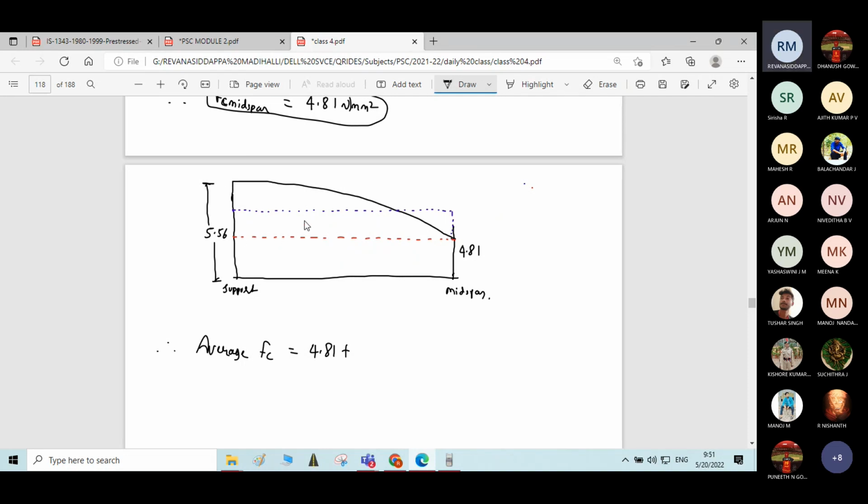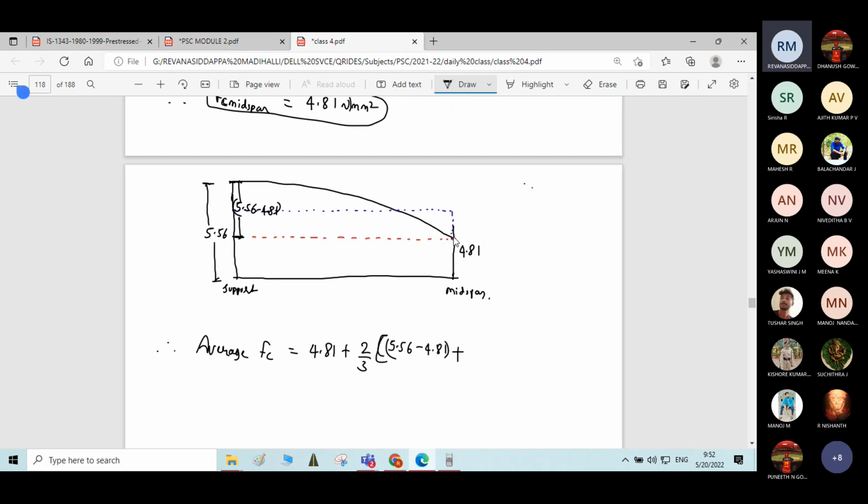5.56. Now we will convert the remaining parabola into a rectangle. How to convert? It is 2/3 of this height. Okay, this height is 5.56 minus 4.81. 2/3 of 5.56 minus 4.81